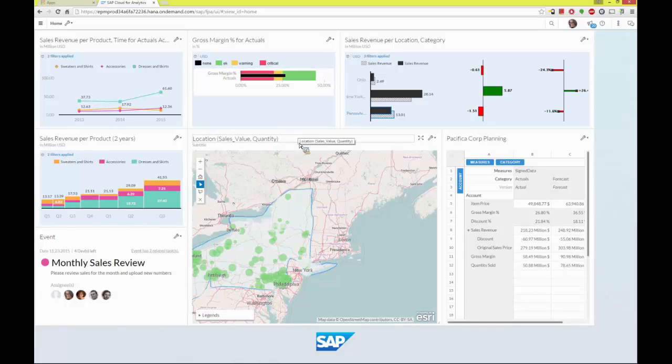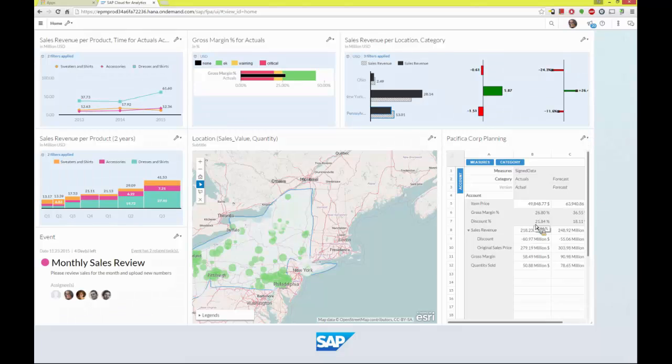I can shrink these back, and depending upon the rights that I have, I may be able to edit these visualizations, create new visualizations, or change the data that's driving them. But again, it's all driven by the security of the person that manages that account. We also have the ability to have events and alerts. So if someone has started a collaboration or a discussion with me and shared a particular visualization that they want me to look at and do some more analysis on, I can see these in an event pod. I can also do some planning as well as exploration at the same time.